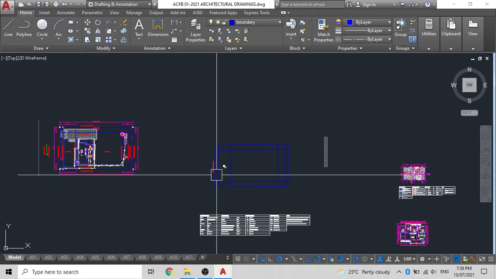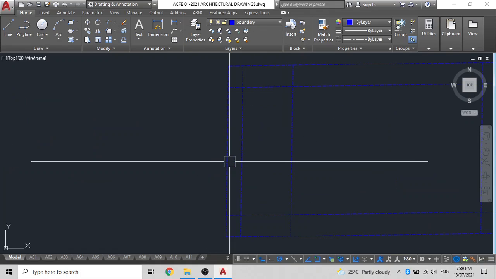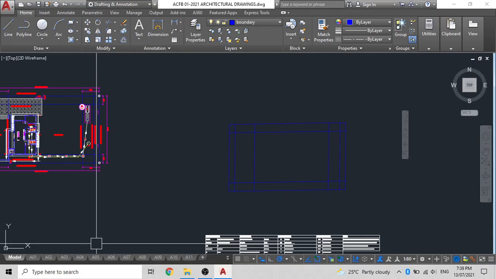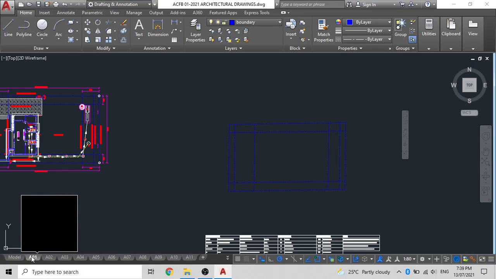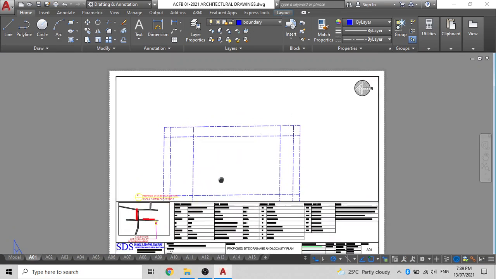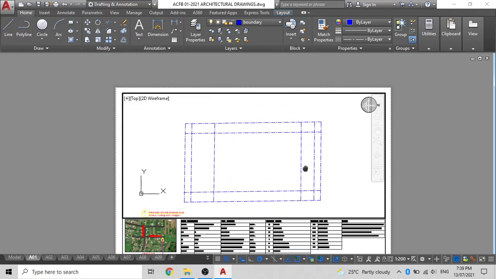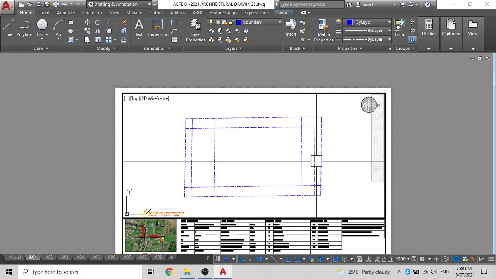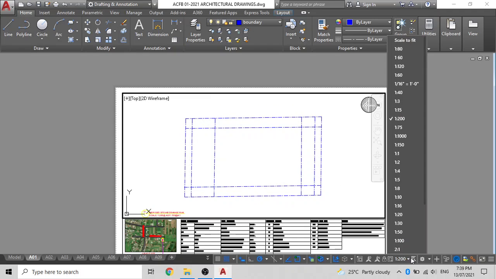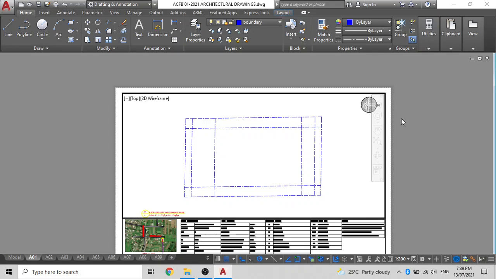Now before we actually go ahead with the annotations, now that we have drawn the outline, what we can do is simply click on the sheet where our outline is going to be, and then we'll unlock our viewport and figure out what scale we'll be using for the annotations. In this case, a scale of 1:200 seems to be perfect, because we'll be adding quite a bit of information here.